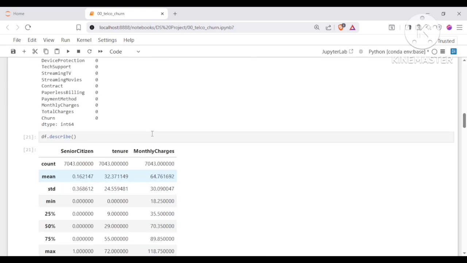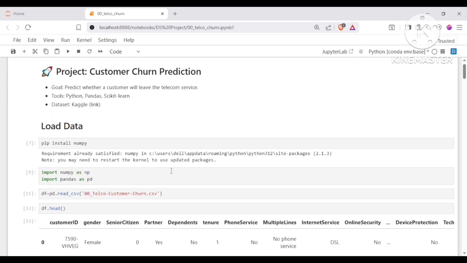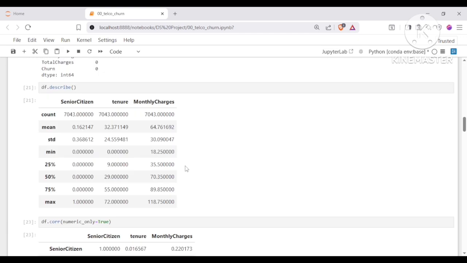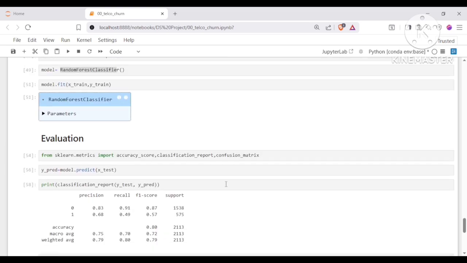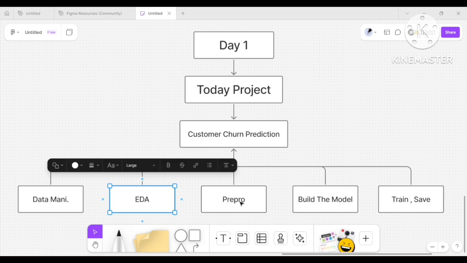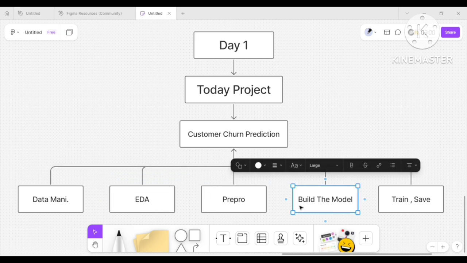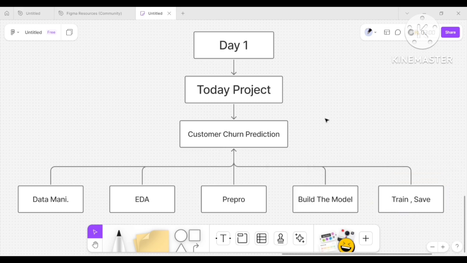What can I do after this? I will share this entire code. So we are going through a complete data science project: data manipulation, EDA, pre-processing, building the model, then saving, evaluation. I am doing the entire thing. So now we are